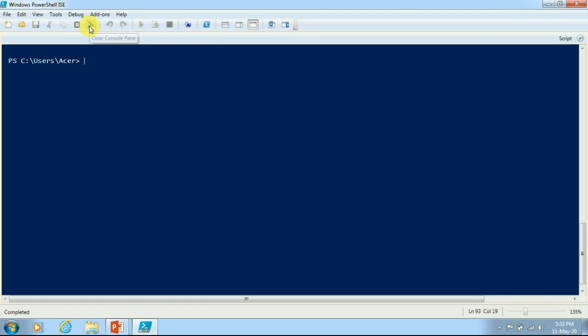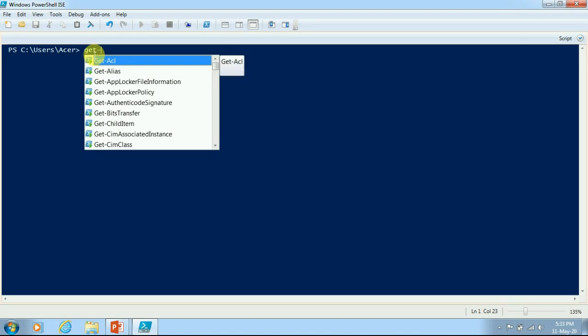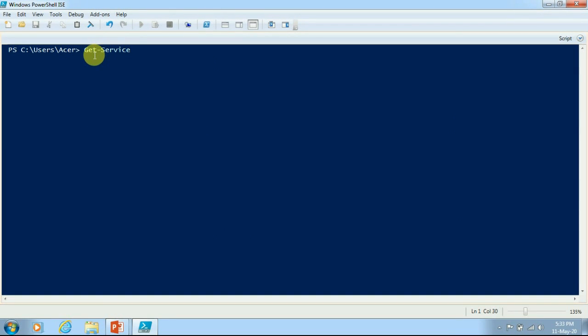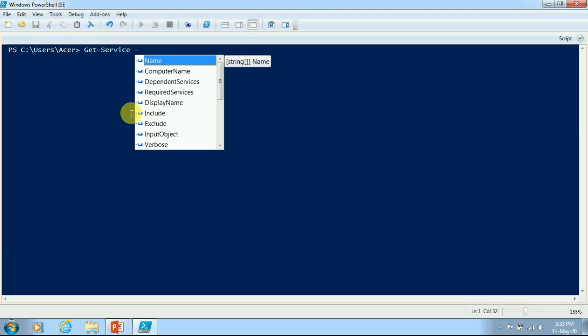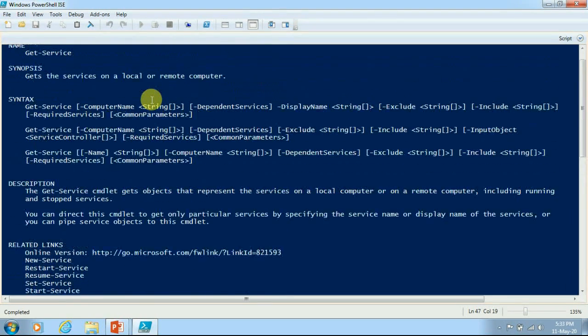There is no difference; we just have to choose according to our convenience. And there is one more way to get information like that. Without using Get-Help, I just have to use a hyphen and after that a question mark. This is also going to give the same information.